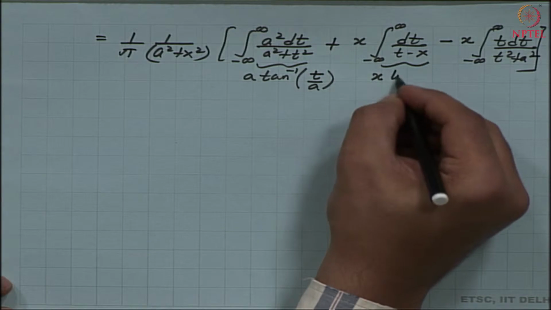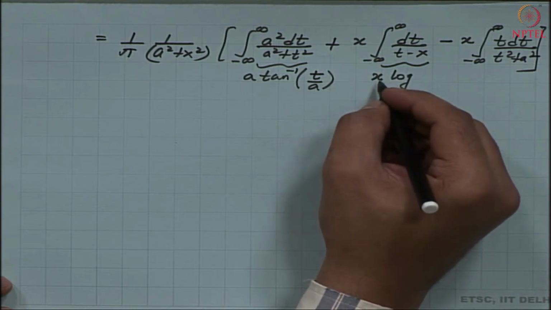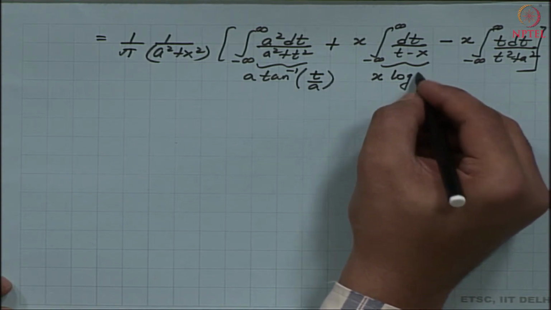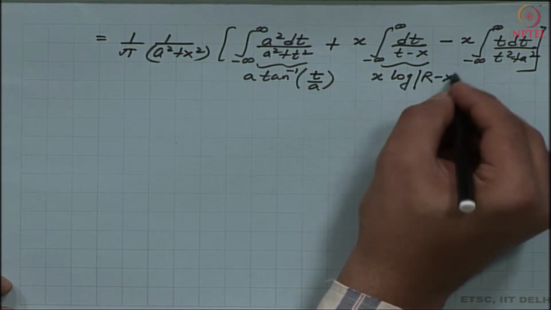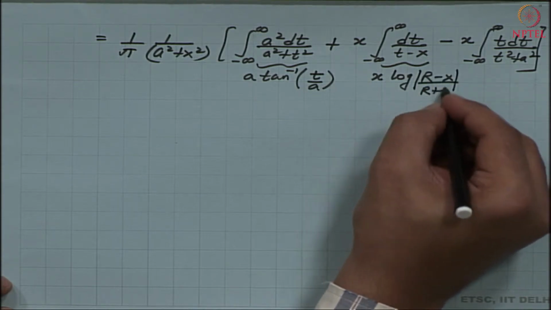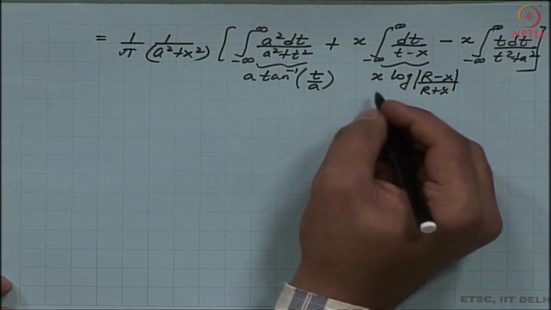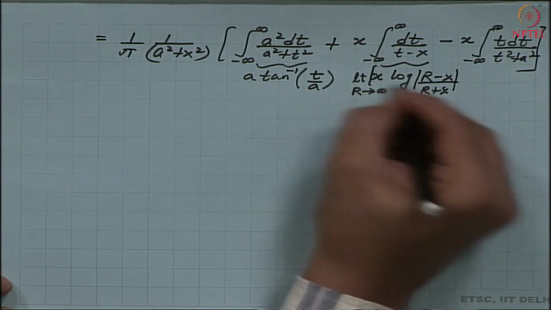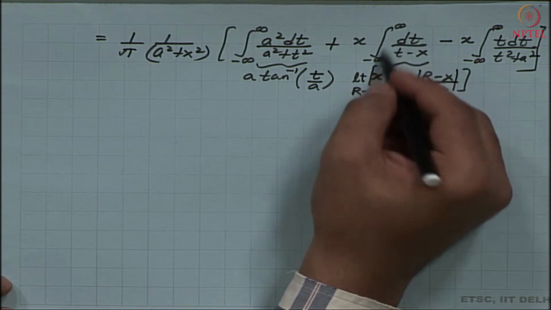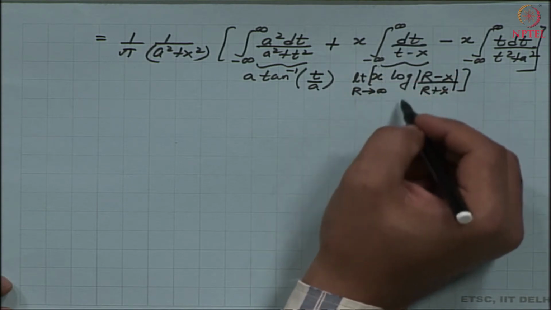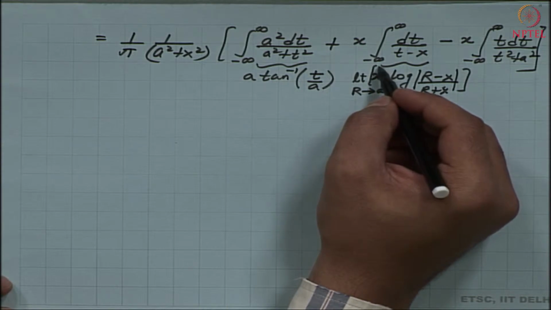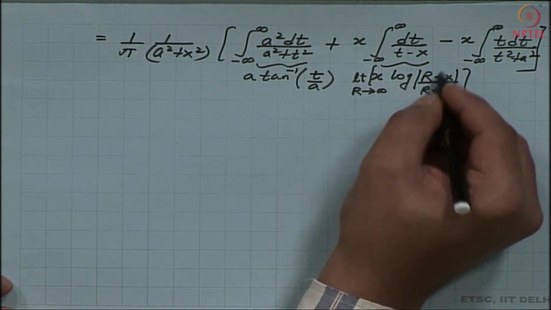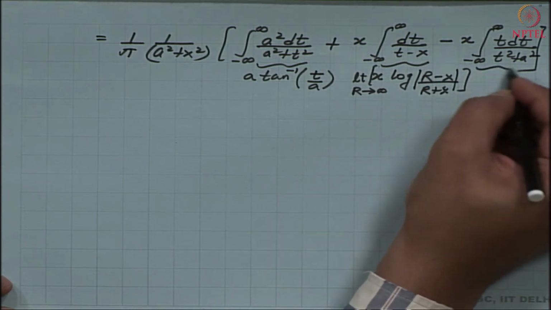and the second one, the integration will give me right away x times log of r minus x by r plus x. Well, this is an infinite integral. So, I can always take a limit r tending to infinity of this integral. See, this particular integral was already evaluated in our example 1. So, I am just using that result to integrate it from minus r to r and take the limit r tending to infinity. So, again that is going to give me 0,